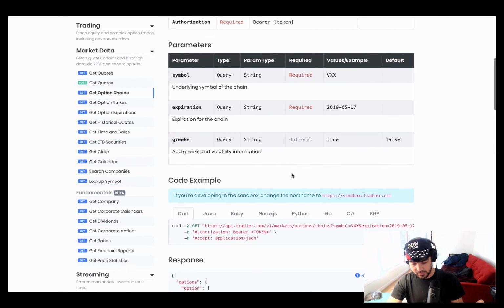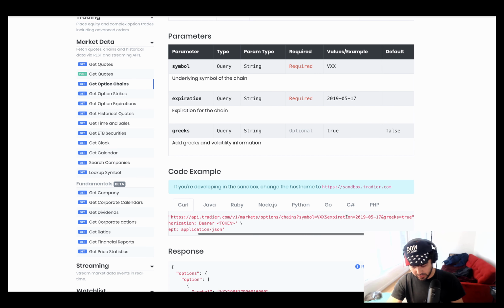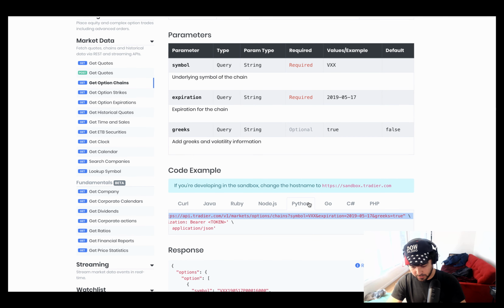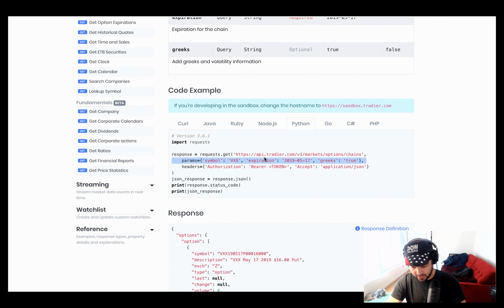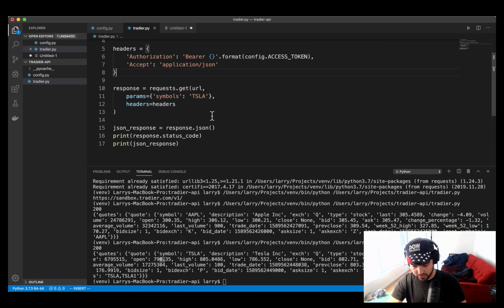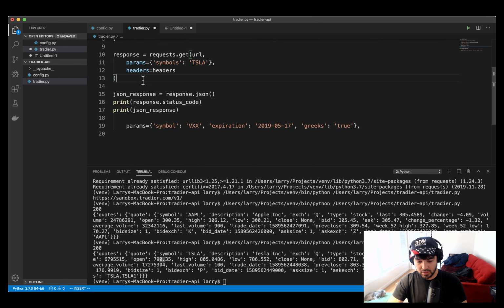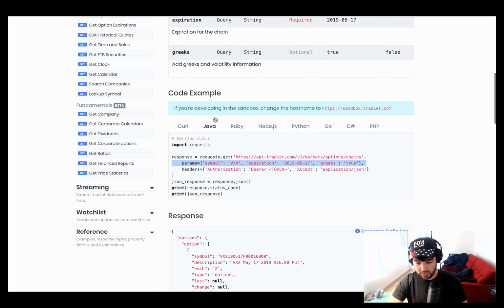And so, get an option chain. Similar to before, we can get the option chain for a symbol. And I'll just take this. So we have Python here, right? And let's see. I'm going to take these parameters, and we're also going to see if we can get some options information. So our endpoint here would be